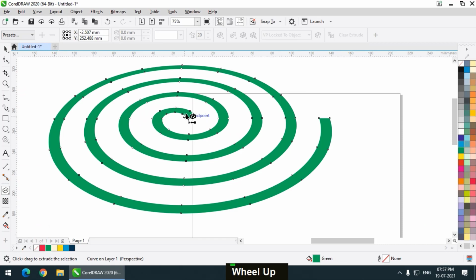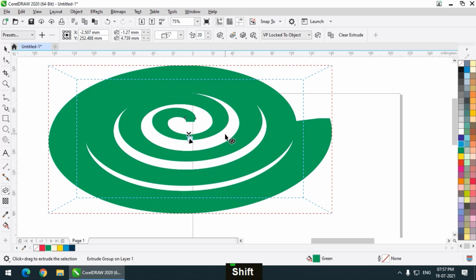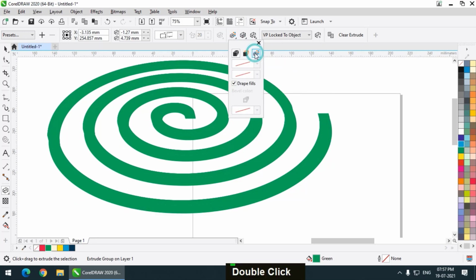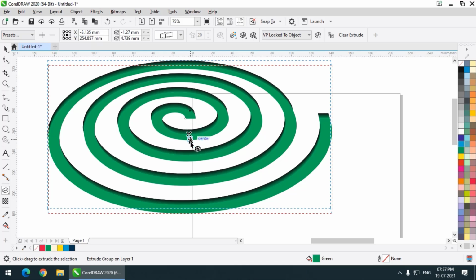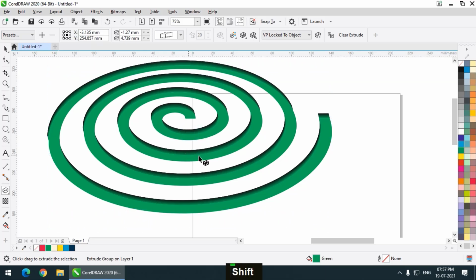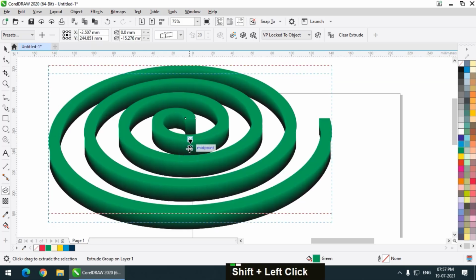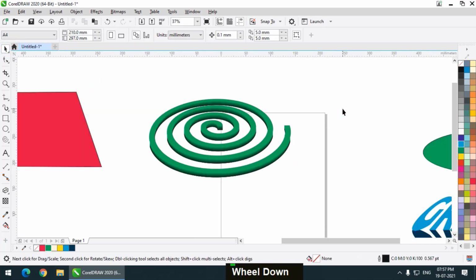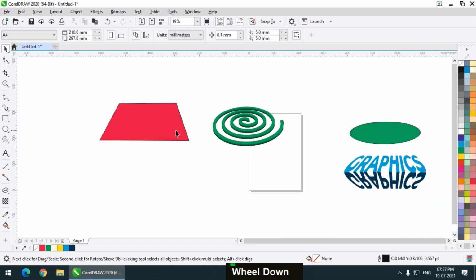Press and hold the shift and drag it. Now I want a parallel extrude, so I'll choose this one. This is a parallel, and I will choose this option. Like this, maybe a bit less. So this is basically the perspective that we were looking for. So this will help us creating a shape.